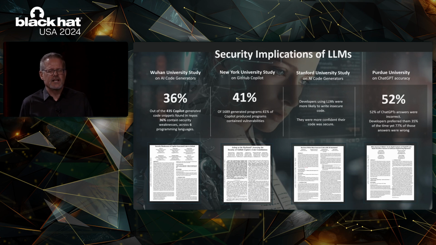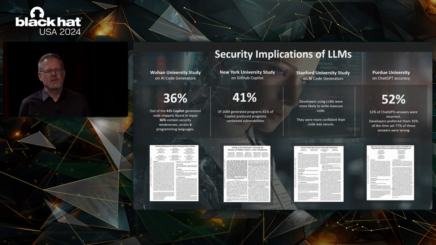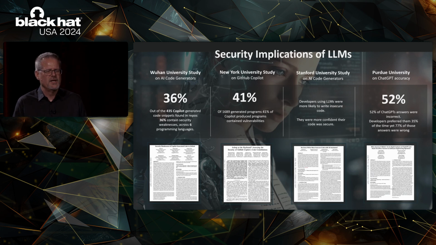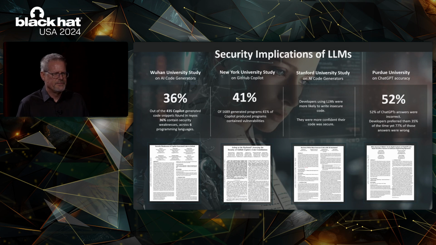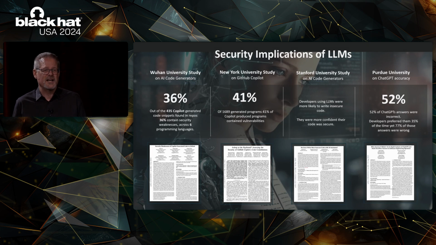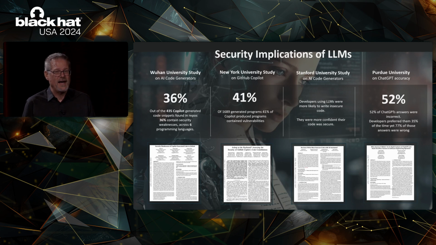So here's some other studies I selected to kind of give a well-rounded understanding of what kind of code quality is coming out of these LLMs. And the NYU study is a couple years old, but the other studies in the papers are all less than a year old. Because a lot of times people say, well, aren't these LLMs just getting better and better over time? And yes, they are getting better and better over time, certainly. And hopefully these numbers will improve. But this is kind of the state of where we're at now with what developers are doing.